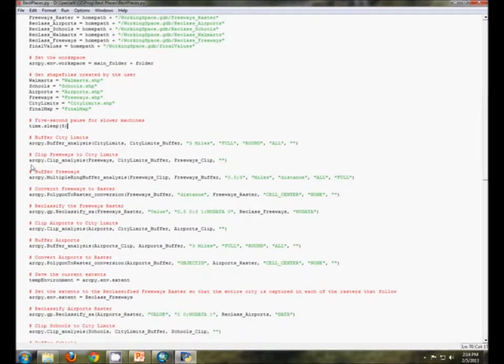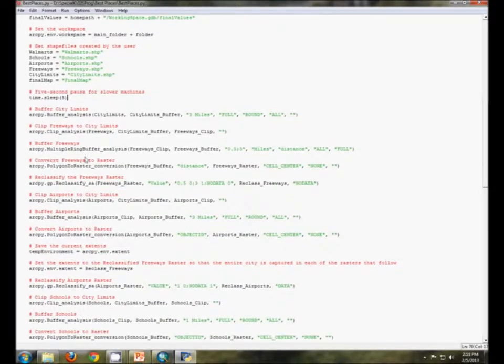So as Karsten said, this code is mostly exported from our model. Here we're buffering the city limits, clipping the freeways, some stuff like that, reclassifying freeways. This is all pretty simple. One of the things we had to do in here